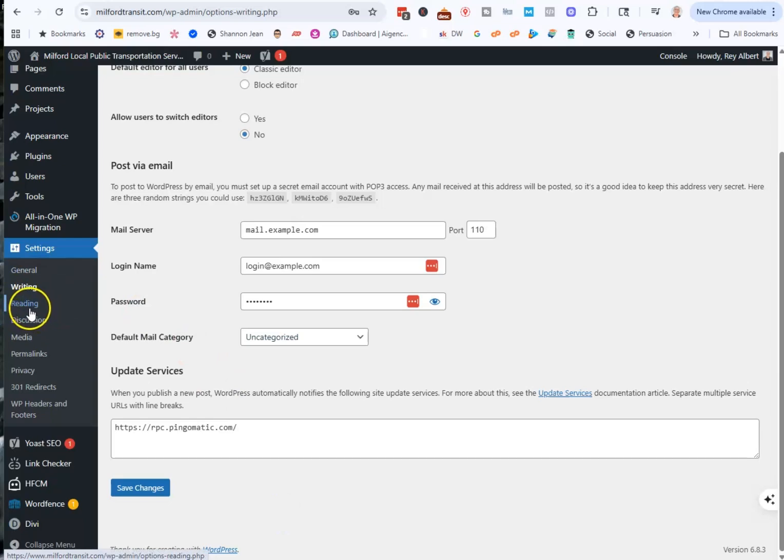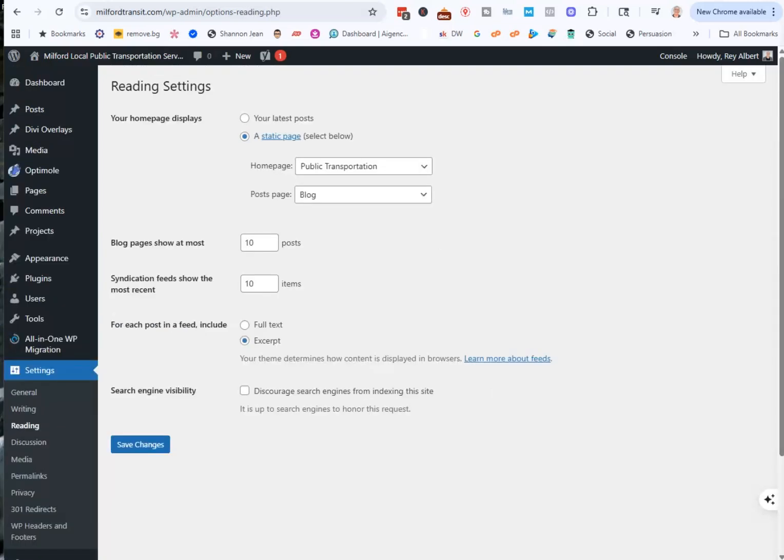So next we're going to go to the Reading section. Now here you can decide what your home page shows. By default, it's your latest post, which works if you're running a blog. But if you'd rather have a fixed home page like a welcome page or service pages, you could choose a static page instead. Here I have my home page set for public transportation and my post page for blogs set